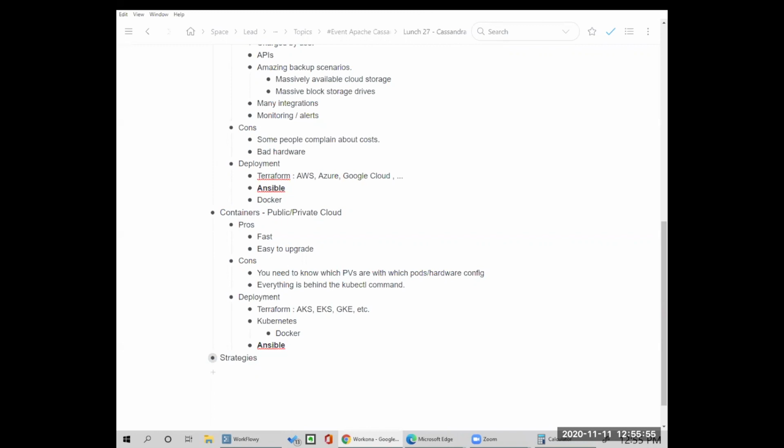Interesting. Quick question while you're getting that up. Between the big three public clouds, AWS, Azure, and Google Cloud, is there one that you tend to have as your go-to, or that you feel is better than the others, particularly in regard to Cassandra? Is there any big difference between them at this point?